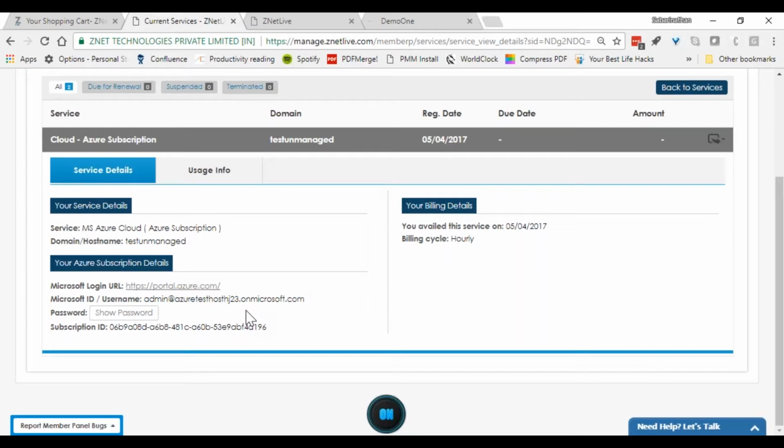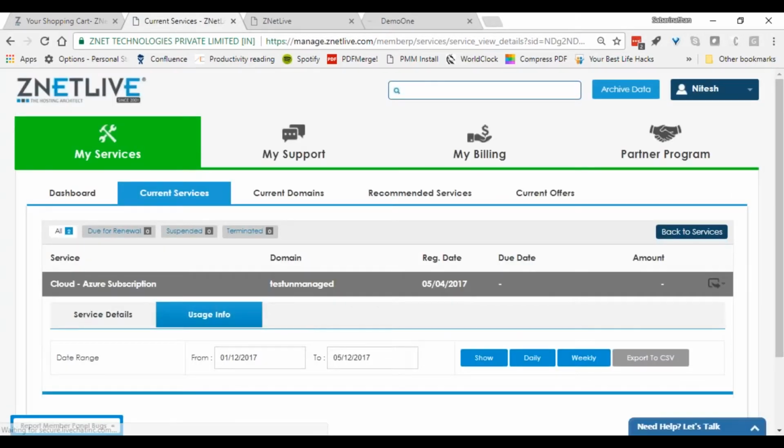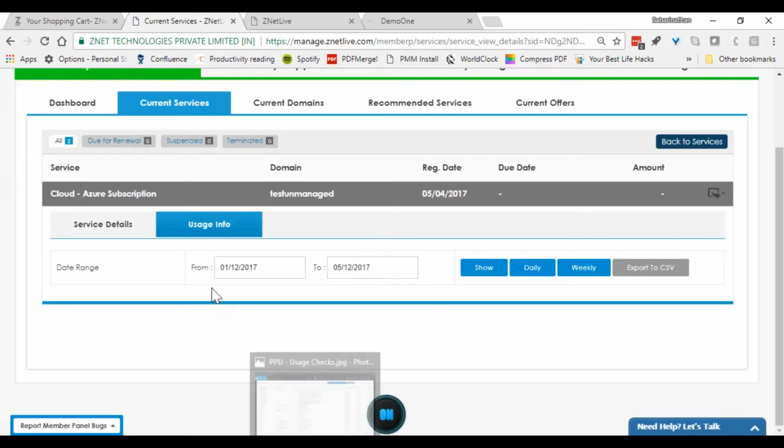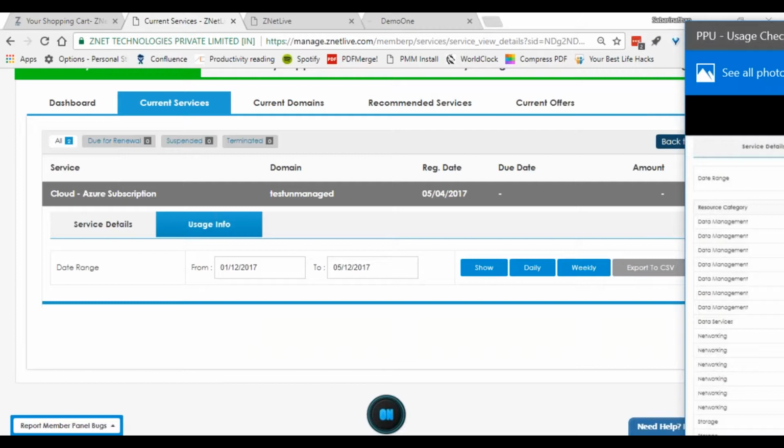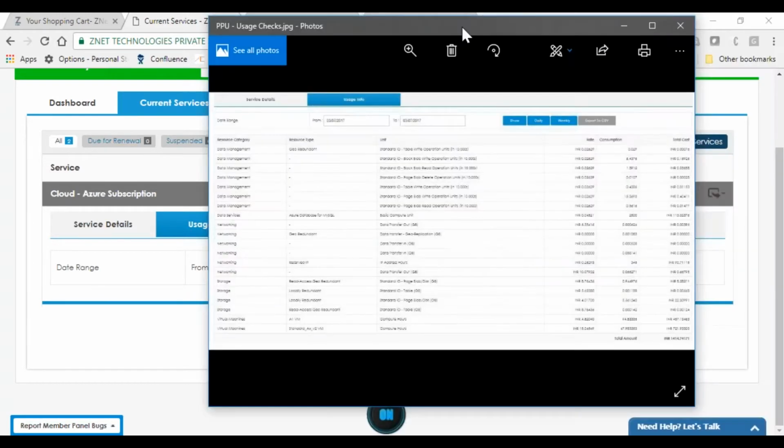Right? So now, with the customer having received all these details, he is at liberty to go and create his virtual machines. He can create his databases. He can create the other functions and download certain stuff, add load balancer, use analytics, any service. It doesn't matter what service he consumes, right? So what RackNav is able to do is collect usage from Microsoft for any service he consumes. For example, if you look at it here, RackNav gives a customer the flexibility to select the usage for a particular period and click on show, which means RackNav goes and collects usage from Microsoft and then displays this as a consumption in terms of itemized listing.